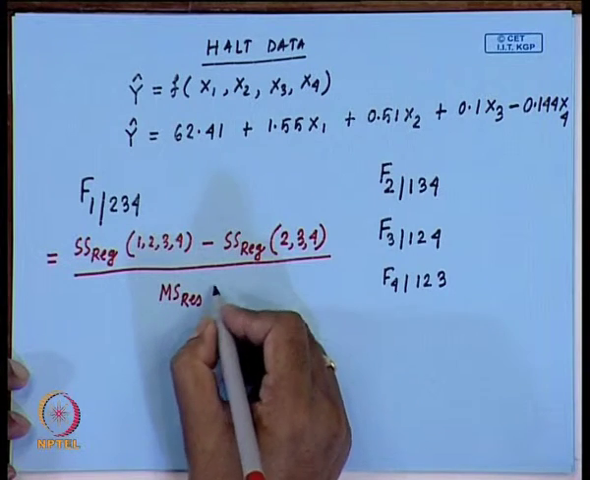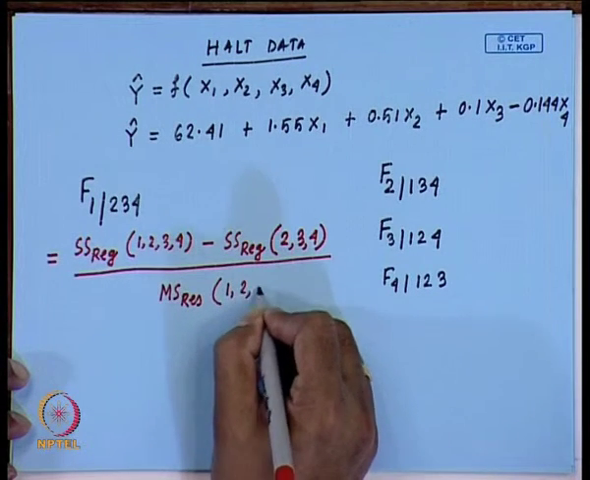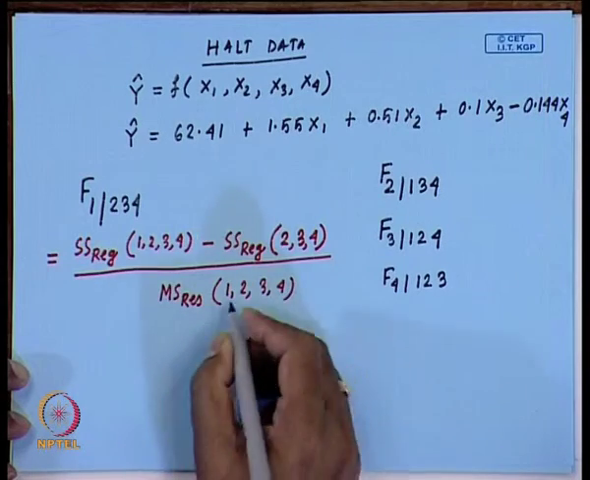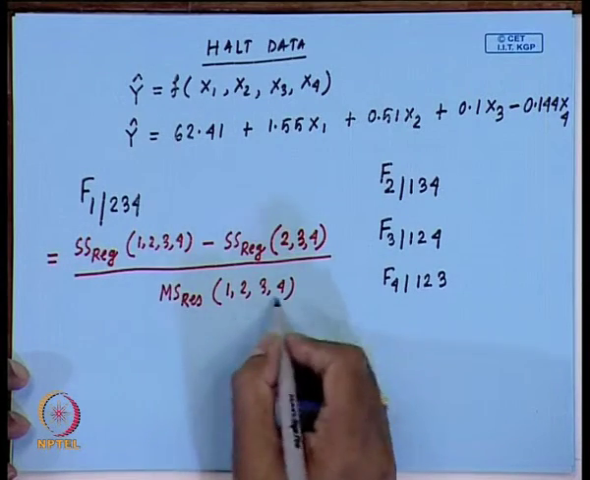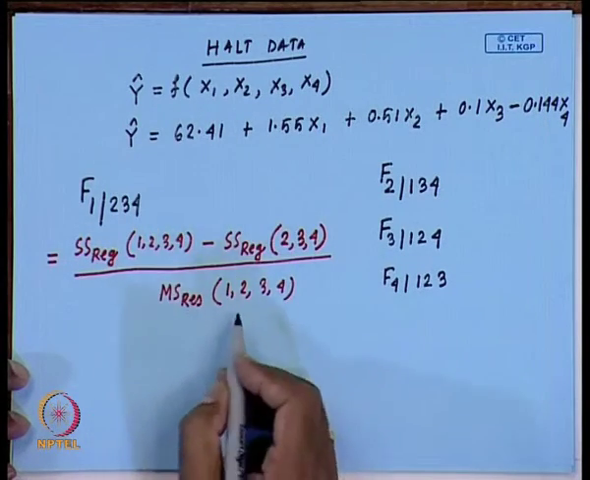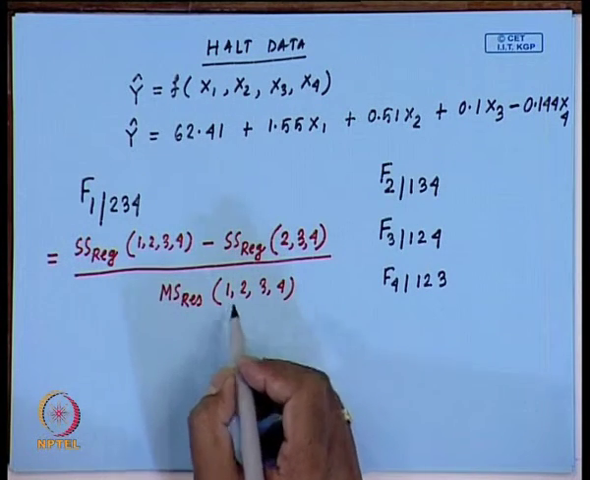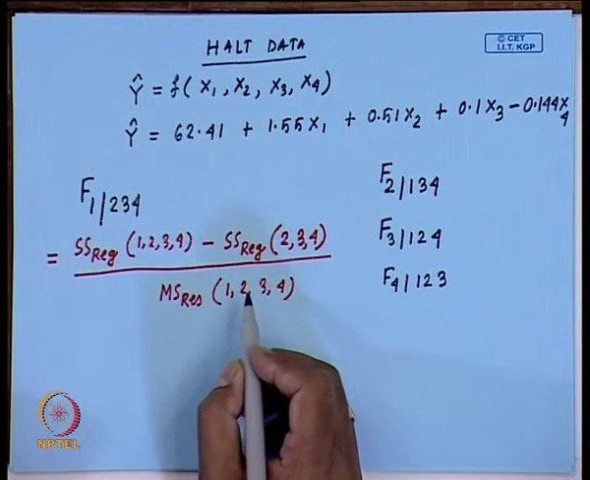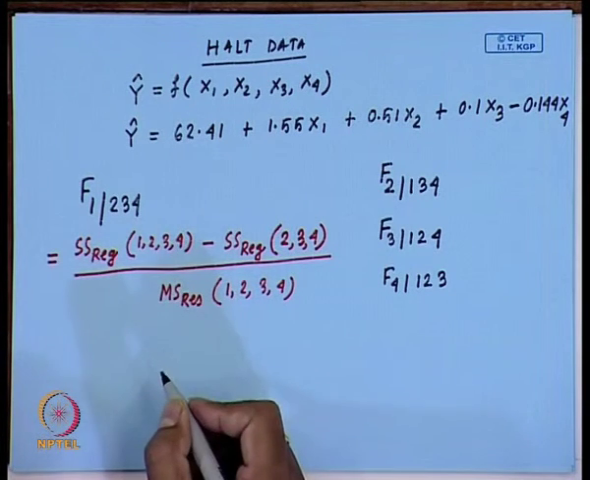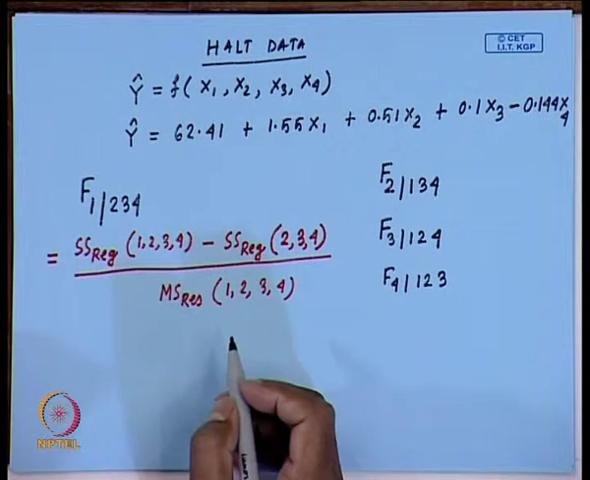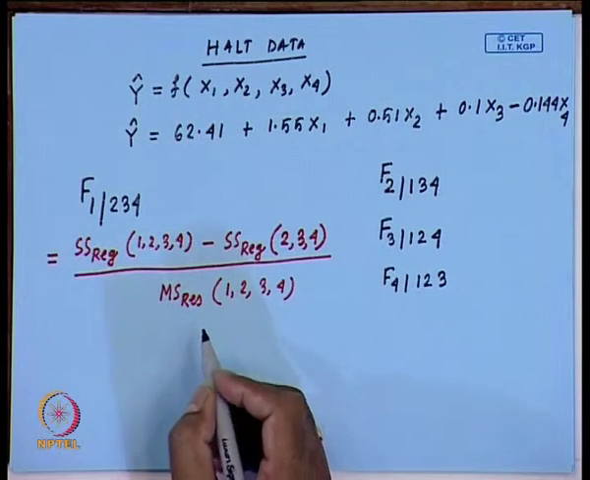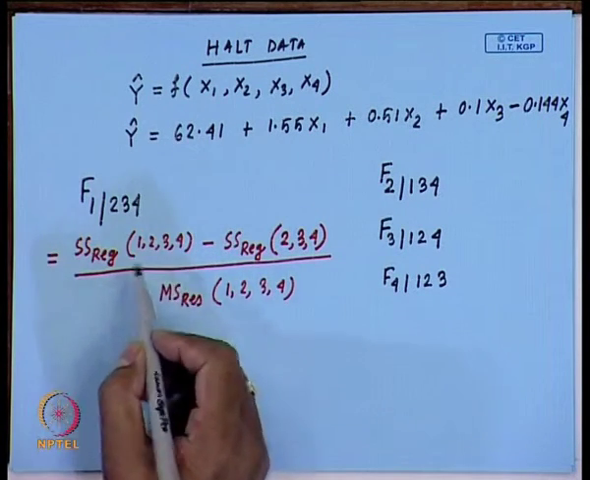MS residual for the full model, that means 1, 2, 3, 4. All the 4 regressors are there in that model. This is the MS residual when all the 4 regressors are present in the model. Well, so what we have to do is that we need to get this one, we need the ANOVA table